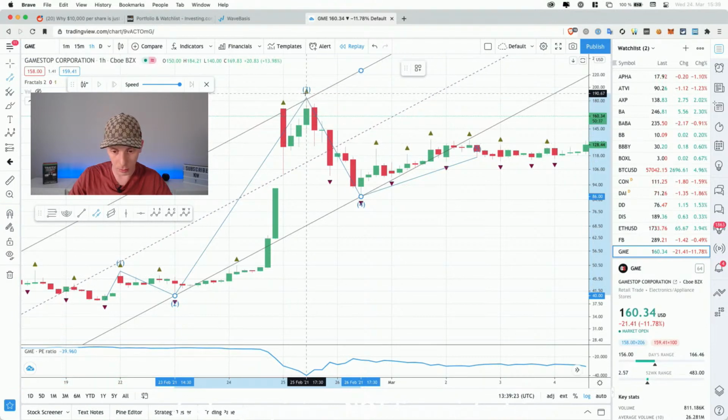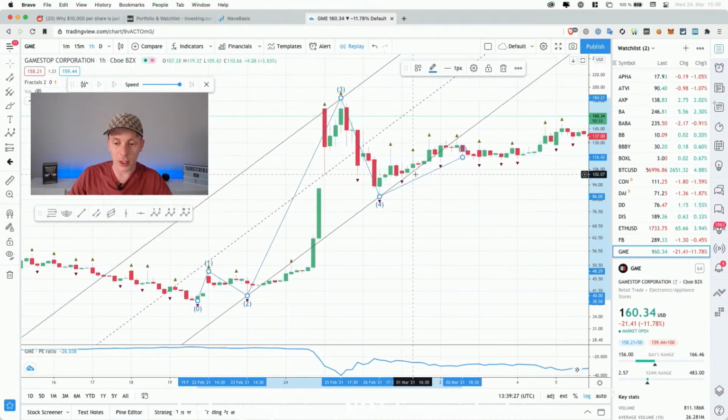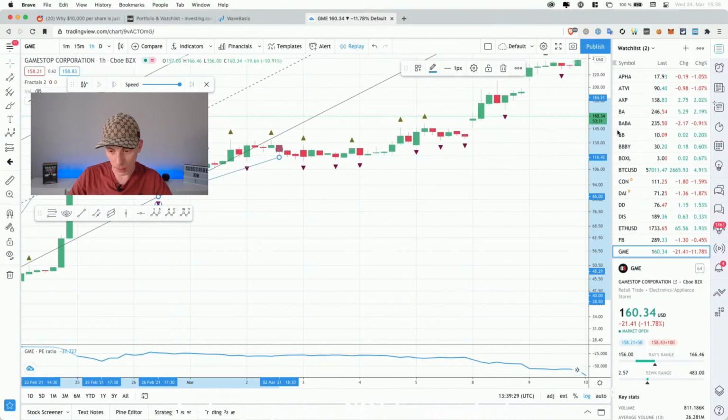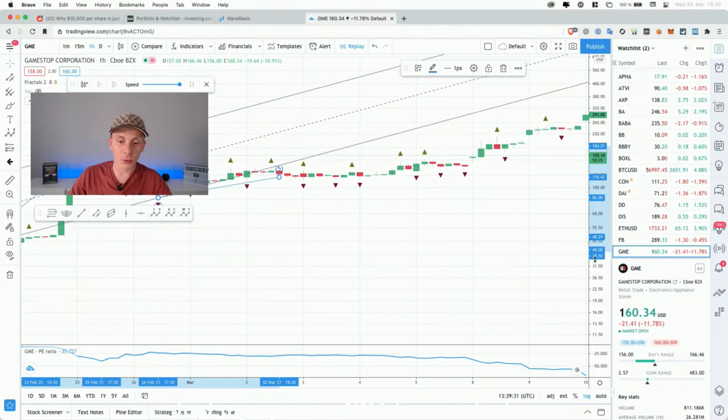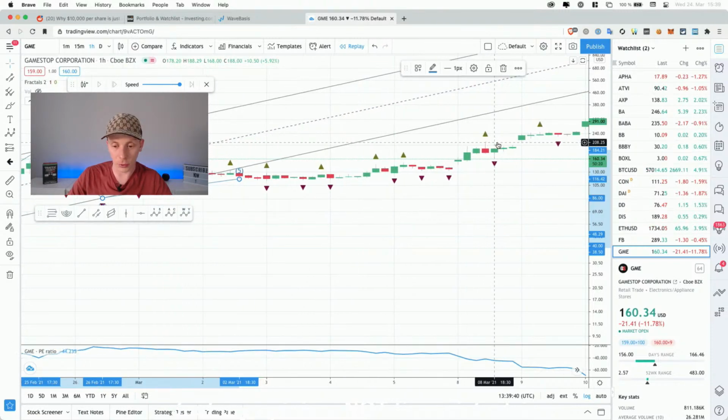Yeah, so now we can get there. Yeah, so like this. And if we now zoom out, that final channel provides us with a profit target. The price of wave number 5 will often touch the medium or the median or the top line of that final channel. And if we zoom out further,